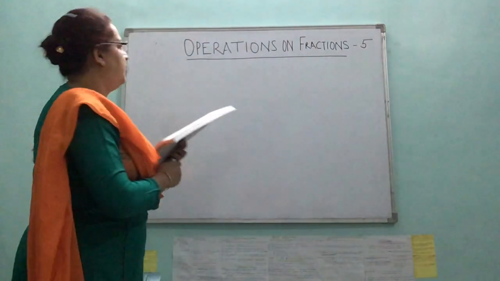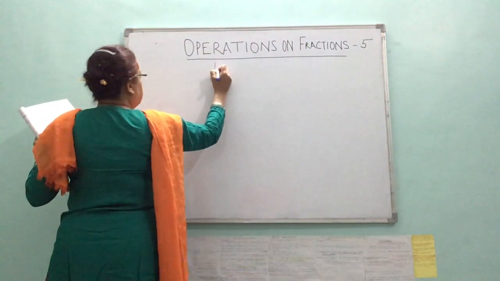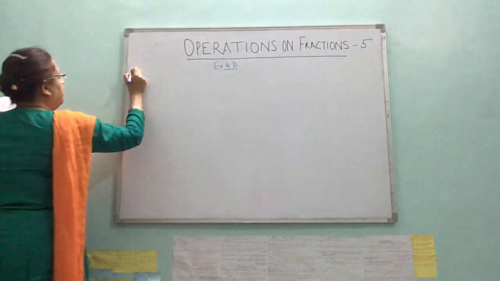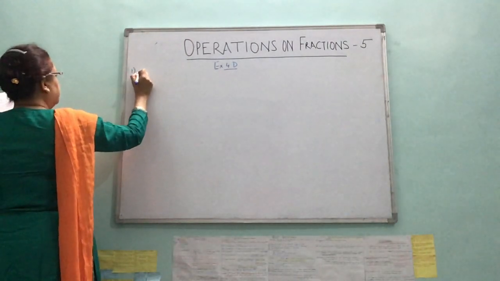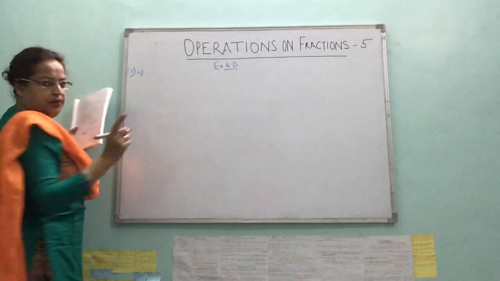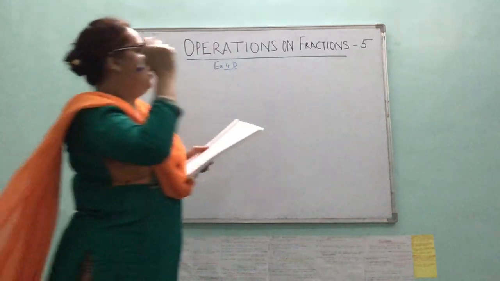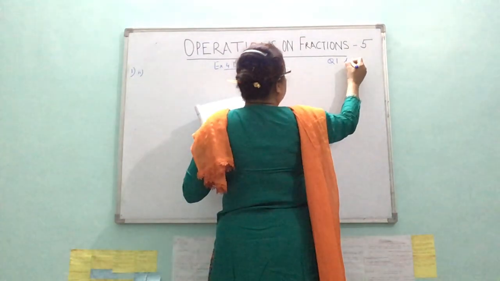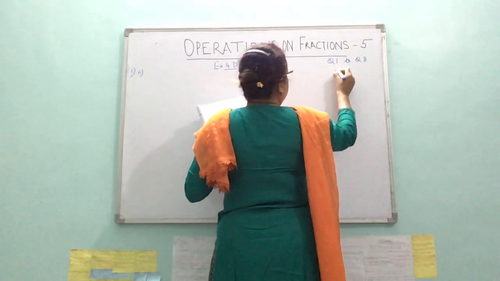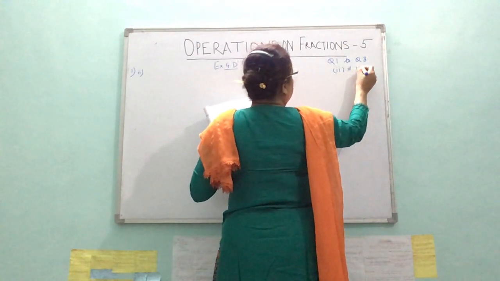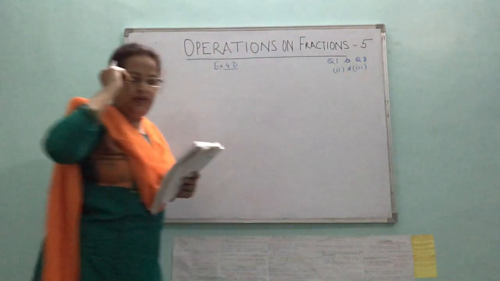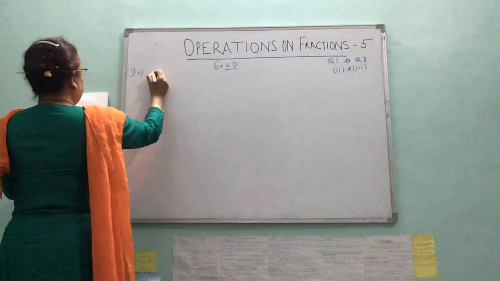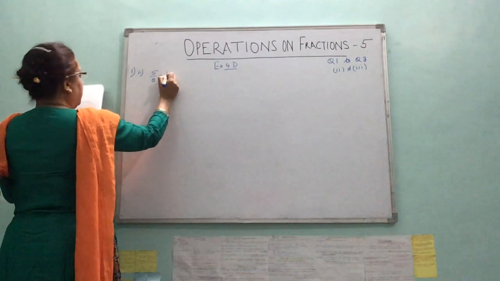So I am taking, what is the exercise number? Exercise 4B. I will do the second subpart of each, and you will do, as assignment, I am writing the assignment here, question number 1 to question number 8, second and third subpart in your notebooks. Right? I am doing the first question now. I have to add 5 by 8 plus 1 by 8.